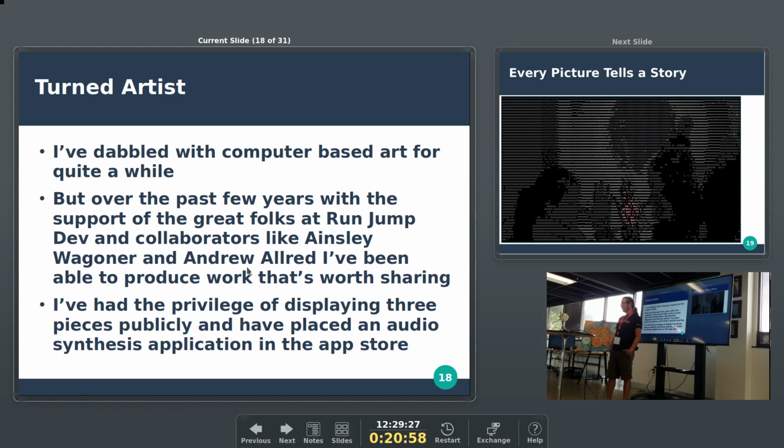And also with the help of some great collaborators. I don't know if anybody in here knows Ainsley Wagner, but she's another local designer, artist, dev type person. She's since moved out west, but awesome person. And a good friend of mine, Andrew Allred. They both really helped me on this journey and got me started actually being able to present some of these. So I've now had the privilege to display 3 pieces,